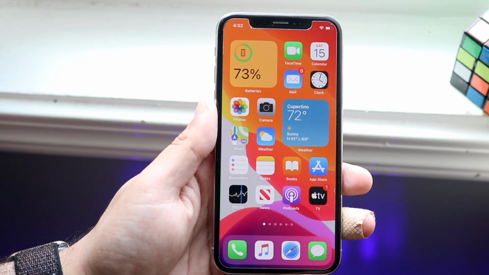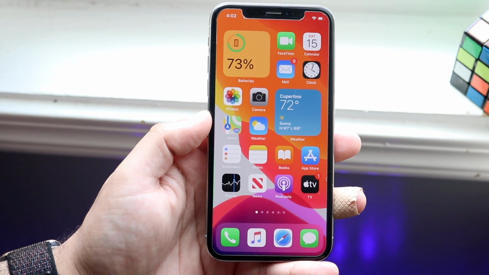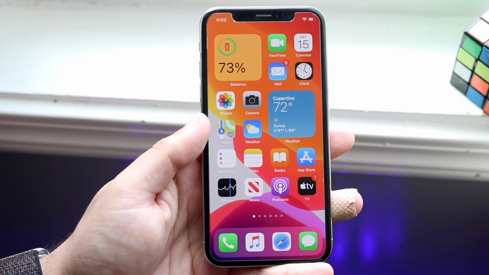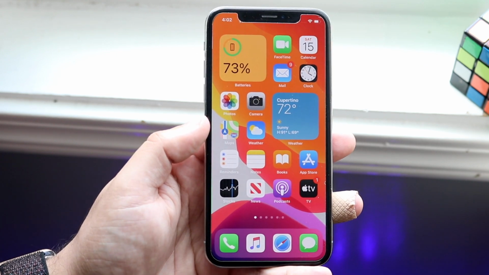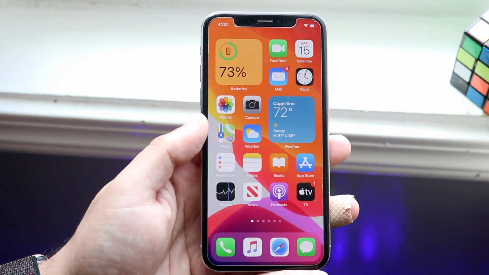Now, I think you have to be on iOS 13.2 or newer. I'm on iOS 14, the beta. So if you have an iPhone or iPad, this is basically how you do it. This is the process. Now I will tell you, I've tried a couple of different ways. You don't have to be jailbroken or anything, but you should have installed it before.